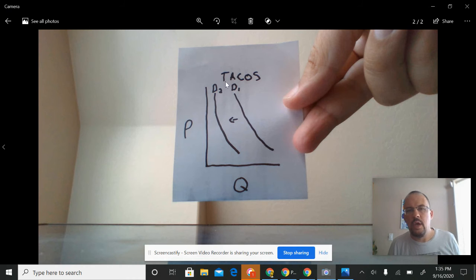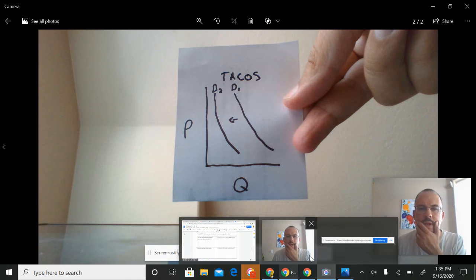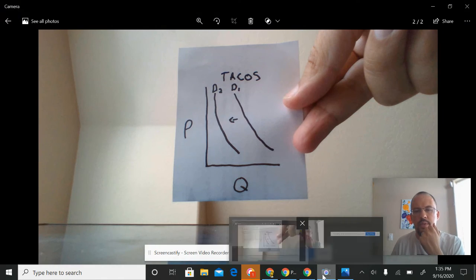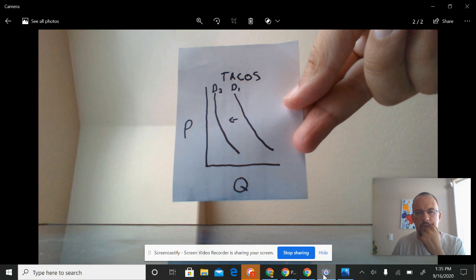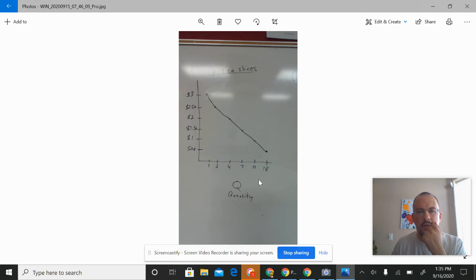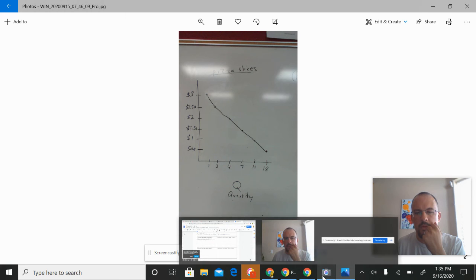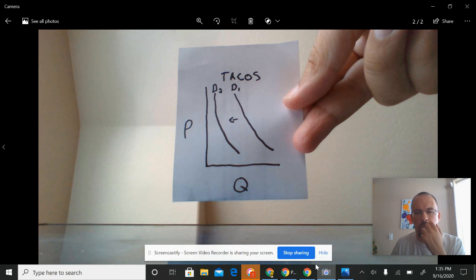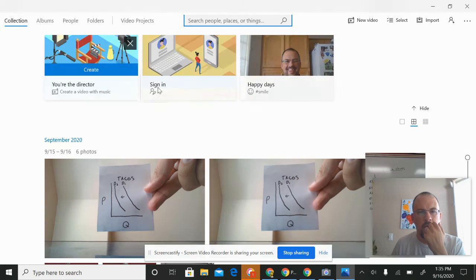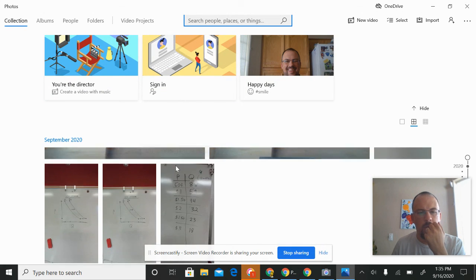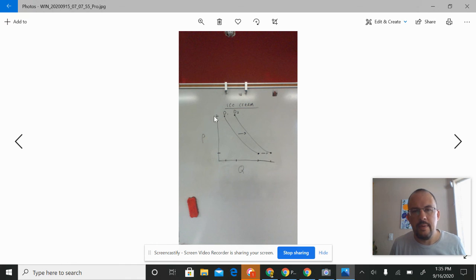And then the graph that would go with it, actually, oh shoot, that's a decreasing one. I'm sorry. You would just flip the D1 and the D2 in this one. I forgot I did decreasing. Actually, I'll show you one real quick. Hurry up. Where is that? Okay. Sorry. Here we go. So it's this one, except for instead of ice cream, put tacos. So you would make a graph that looks like this: P, Q, tacos, demand 1, demand 2. The demand curve shifting to the right,